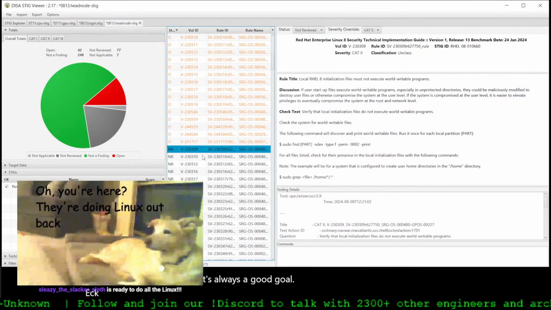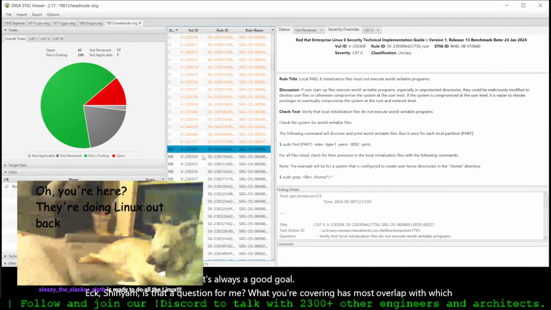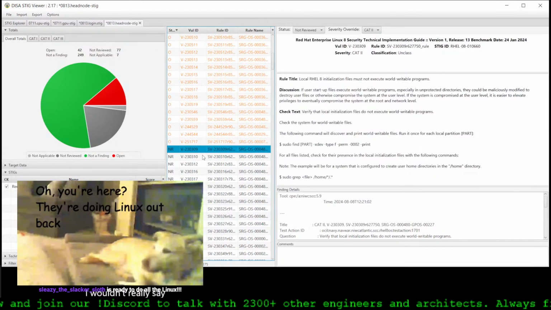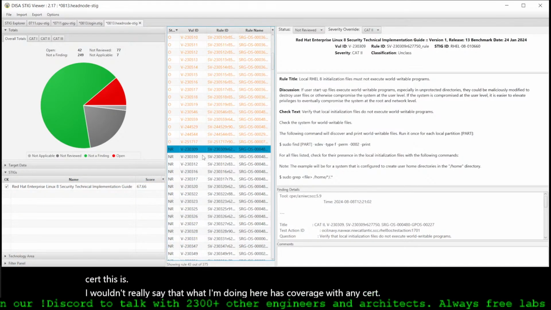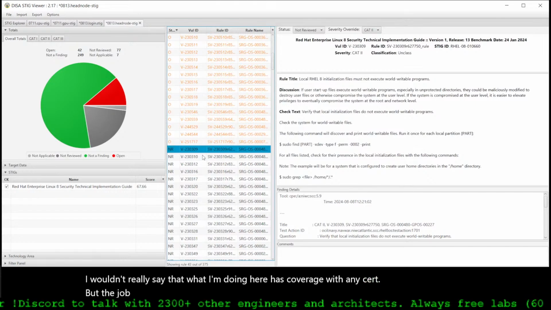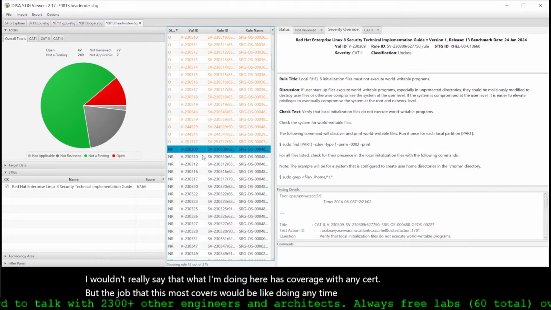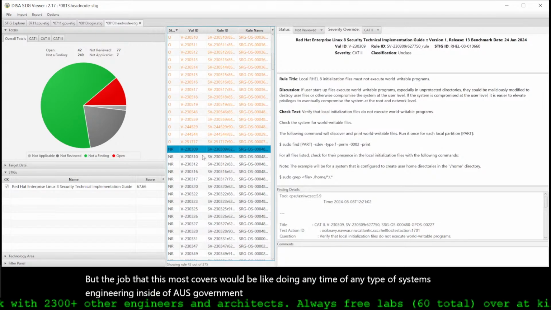Sunyam, is that a question for me? What you're covering has most overlap with which cert? I wouldn't really say that what I'm doing here has coverage with any cert. But the job that this most covers would be like doing any type of systems engineering inside of a U.S. government or